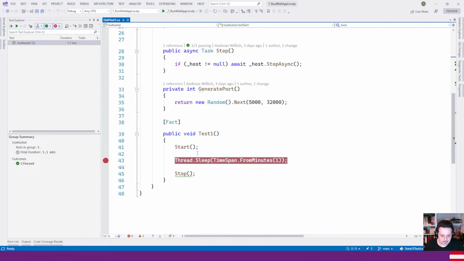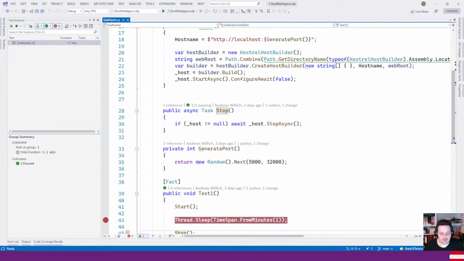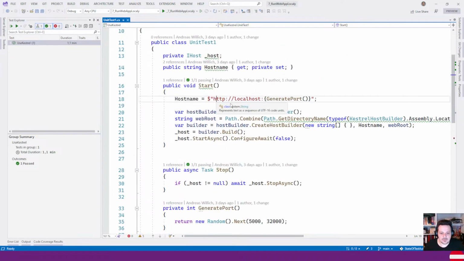And it's a little bit more tests. So we have one. This is only example code. We have a test method which starts the web server, waits a minute and stops it. So it's really only about starting it. And what is starting first? We generate a host name. We create a randomized port where it should listen, and then we use